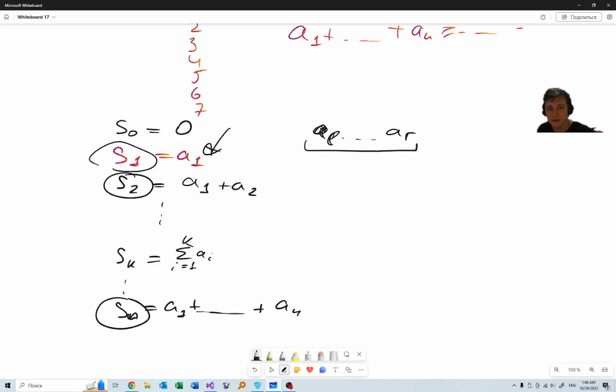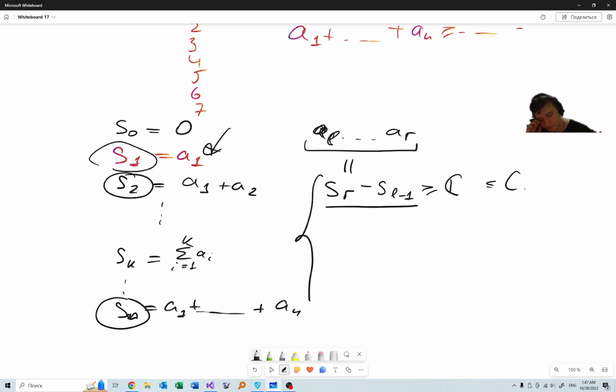This is simply SR minus SL minus 1. So now we have several inequalities of the form that a difference of two numbers is at least some constant, or at most some constant. And we need to check whether we can find such numbers Si which satisfy all these inequalities. One would say that we cannot choose S0, but actually we can choose S0, and if